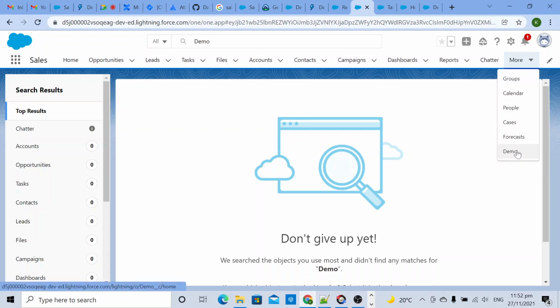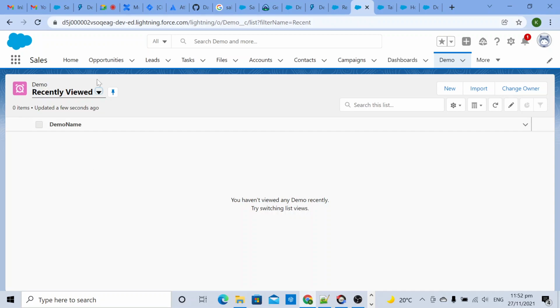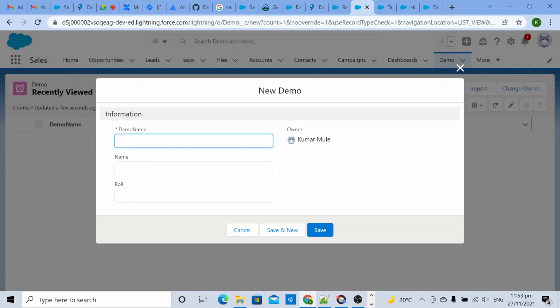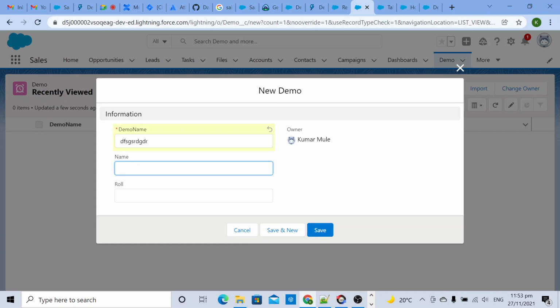Okay, at this point we don't have any entry, so you can't see any record. If you want to create a record, click on new and enter the demo name. Even if you don't provide this name, it should be taken automatically. Okay, I am taking a name, then save and new.